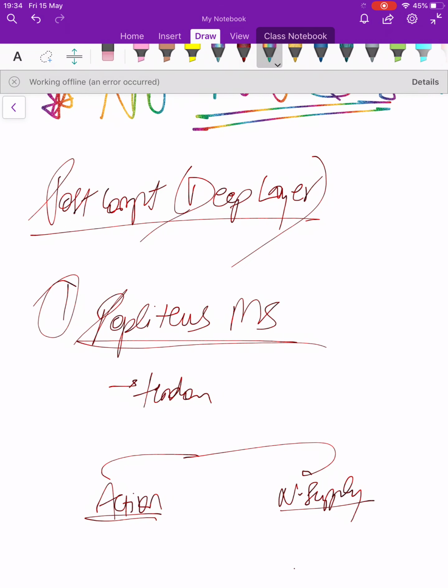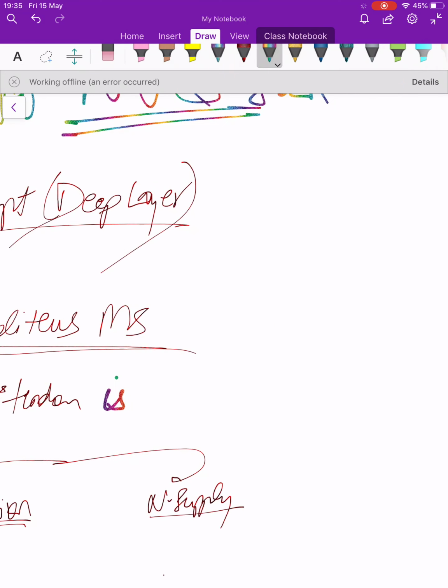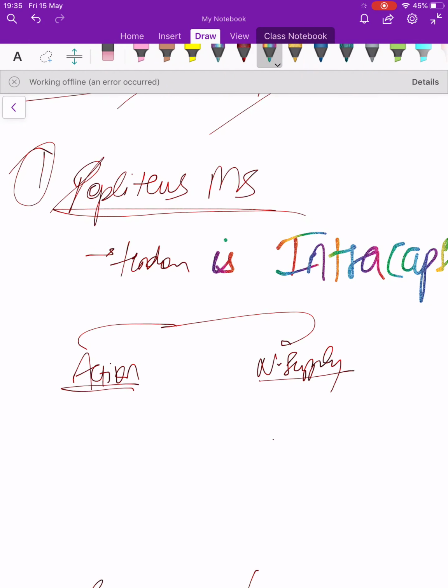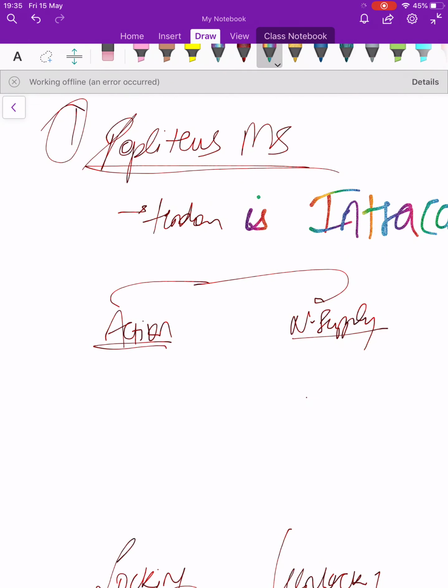Fine. So in this, first muscle is popliteus muscle. So popliteus muscle, the tendon is intracapsular. Fine. The tendon of popliteus muscle is intracapsular. And what are the actions? ठीक है. What are the actions of the popliteus muscle? Action is flexion of the knee joint. Okay. Popliteus muscle, it